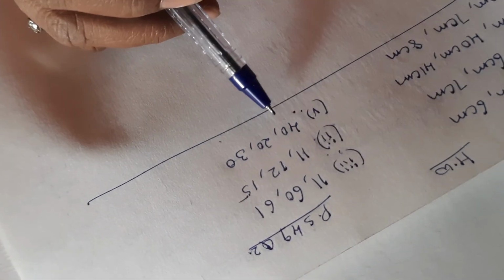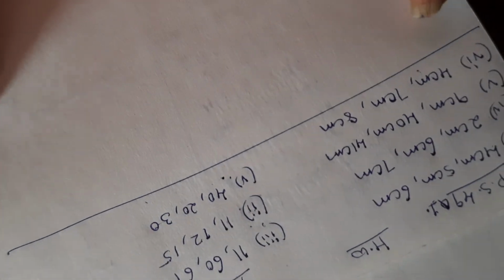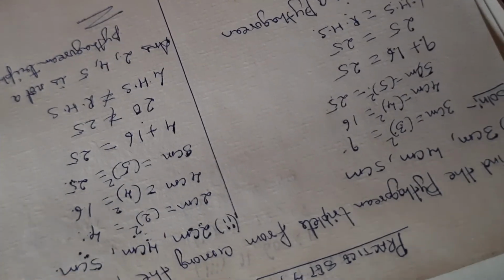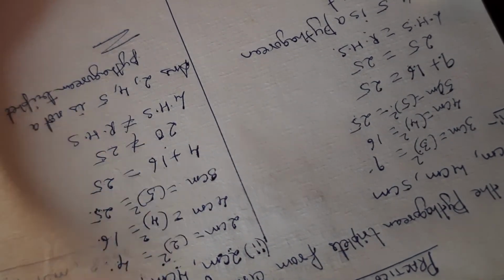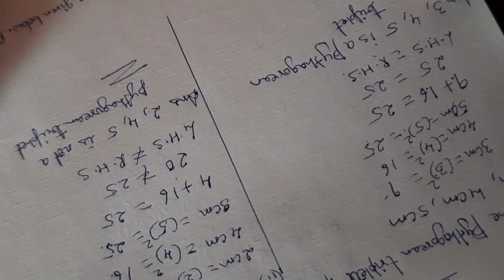That's it, children. Pythagoras theorem chapter, we have finished it. So this video ends here. Practice it, copy all the sums in your notebook. Also the homework sums have to be done in your math notebook and practice well for your exam. One more chapter to go. The last one, that will be soon done.